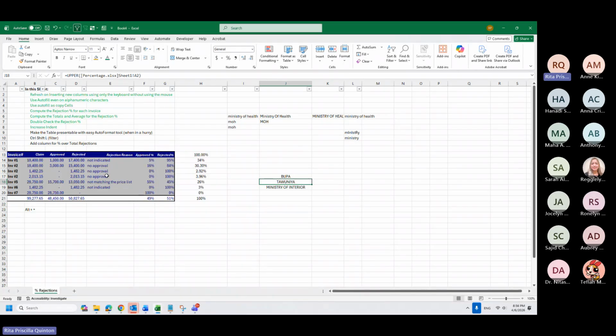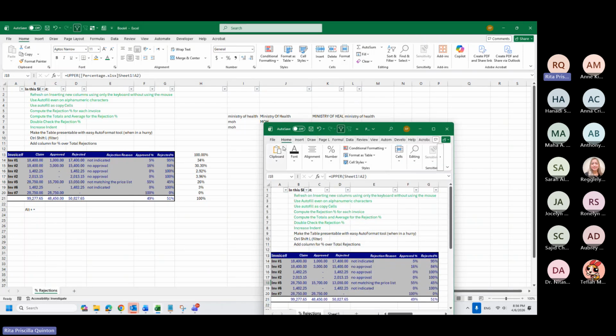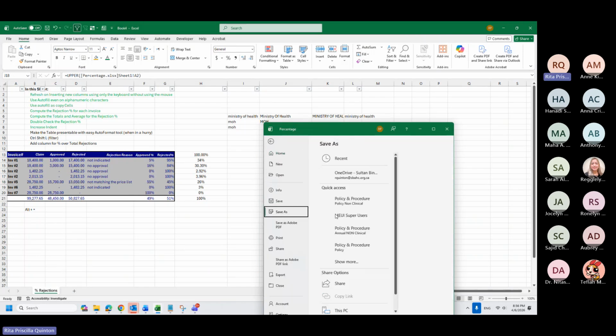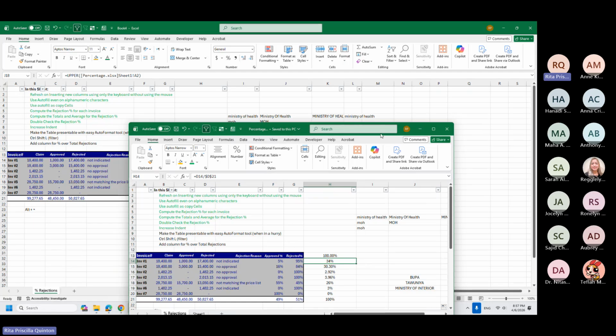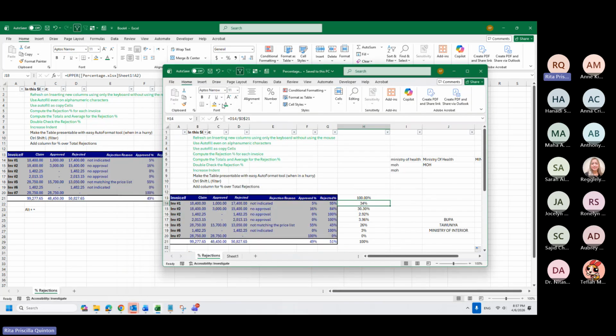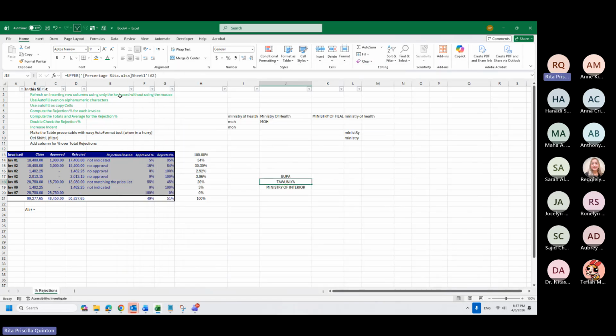Okay, now this is the copy that I made. This percentage, I will save it as my working paper, or I can say Rita, to know that this is just my internal file with all the formulas that I did. Now, this is Book 4.